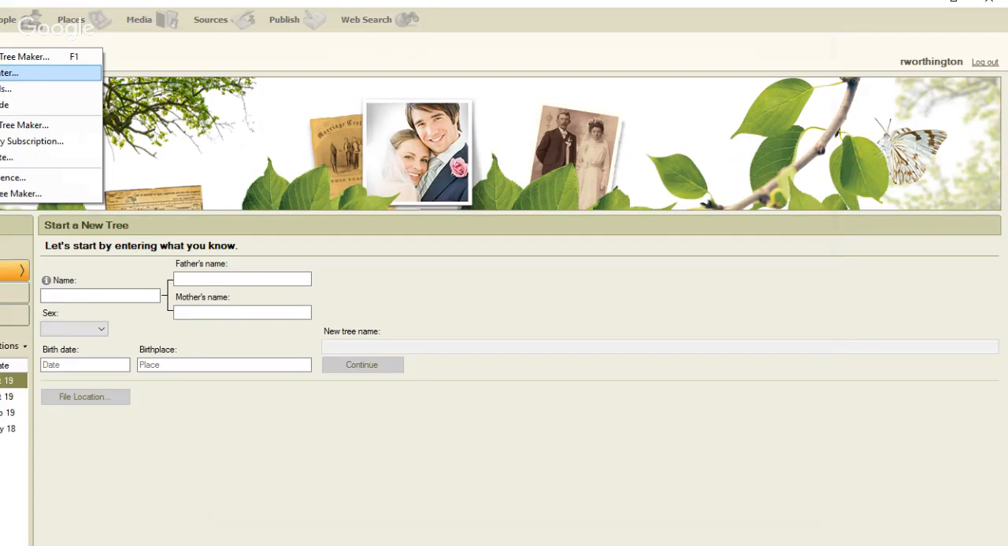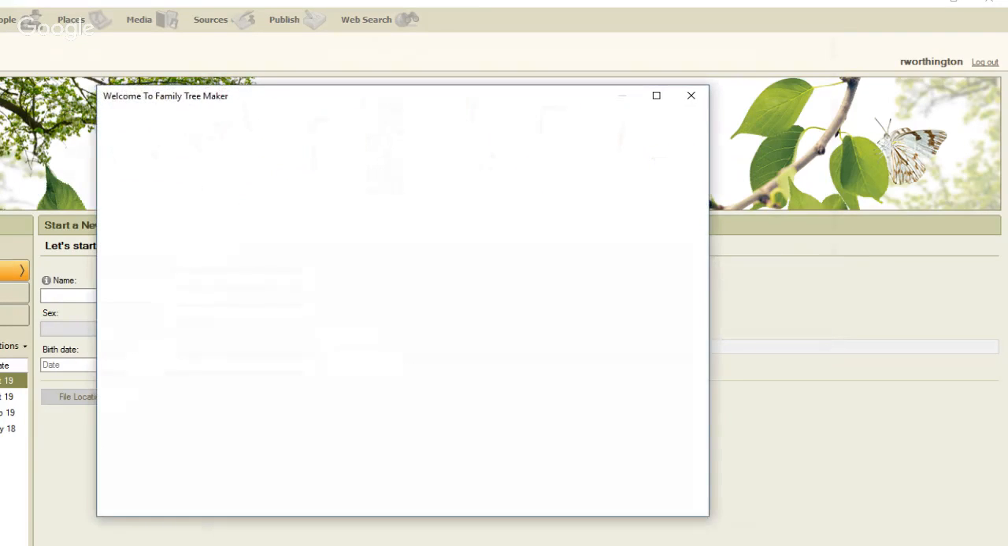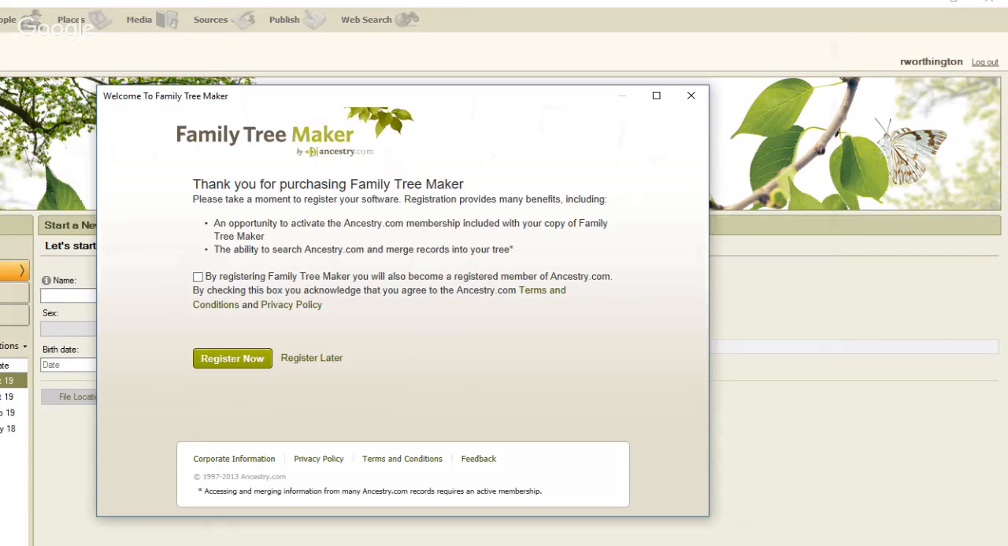So help, training videos, companion guide, about, checking for updates. Let me go through register Family Tree Maker. I'm going to click on register Family Tree Maker, and it's going to allow me to register the program, something you should do every time you install or reinstall Family Tree Maker. By registering Family Tree Maker, you will also become a registered member of Ancestry.com,